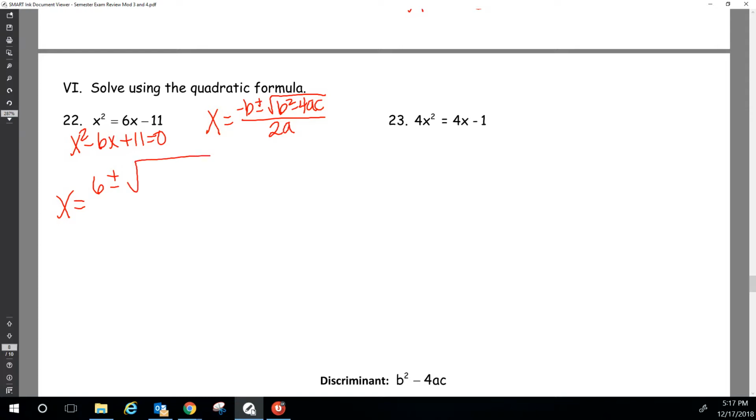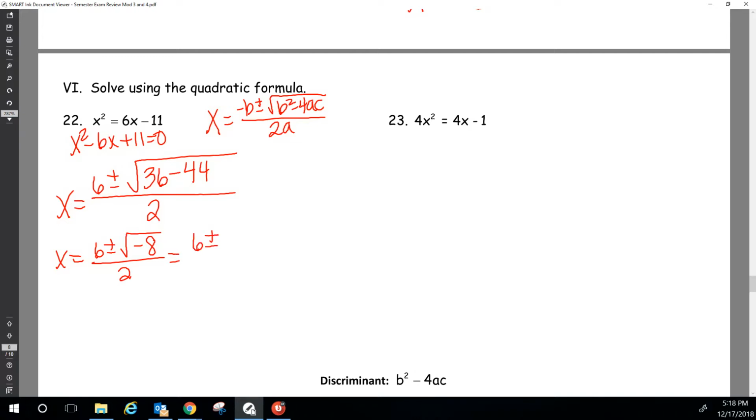Plus or minus b squared. So -6 times -6 would be 36. Minus 4 times 1 is 4 times 11 is 44. All over 2 times a, which is 1, so 2 times 1 is 2. So this is 6 plus or minus 36 minus 44 is -8, all over 2,